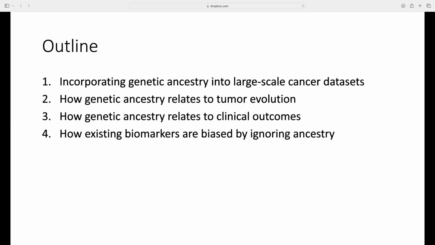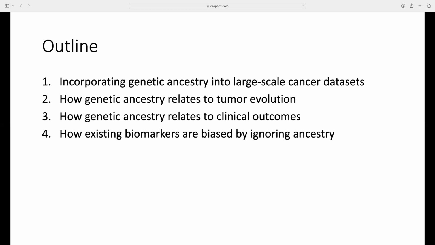And then finally, I'll talk about an example of an existing biomarker. This is a bit more of a technical example, but where factors related to genetic ancestry have led to biases and false positives in the way that we currently use biomarkers in clinical prediction, and how thinking about ancestry, even in a purely somatic setting, can improve and make the tools that we use more generalizable. So this hopefully highlights different ways that we can use ancestry to make interesting discoveries, and then also refine and broaden the use of the tools that we already have.